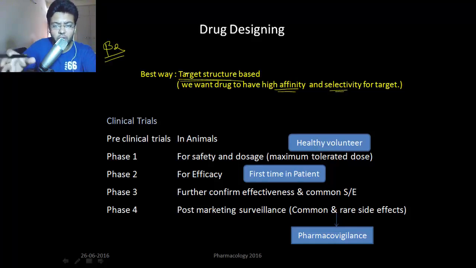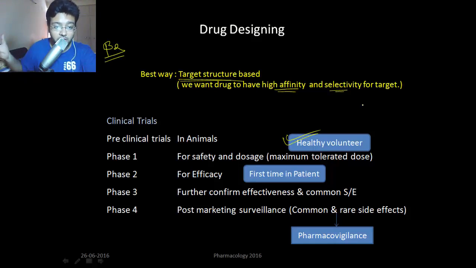Now once you have structured a drug, you have to send it for the clinical trials, right? So trials include preclinical trial and different phases of clinical trials. First you have to test that drug in an animal and check whether the response is seen or not. Then you have to send it to phase 1 clinical trial, and these are done in healthy volunteers,